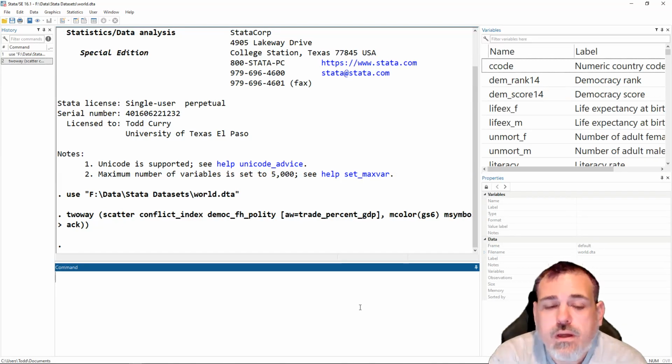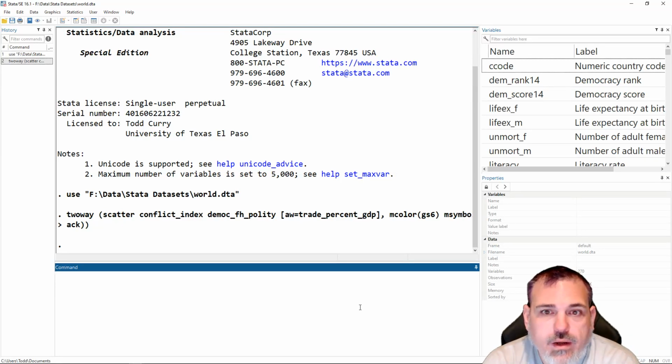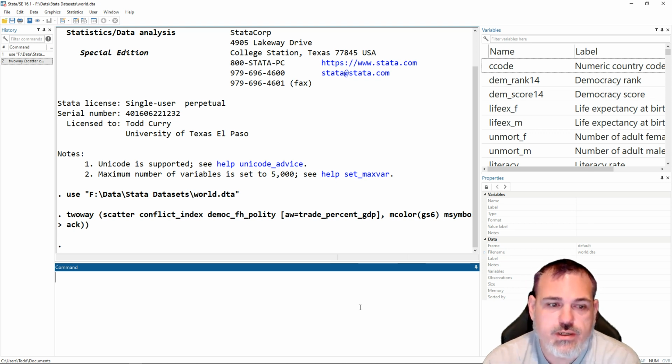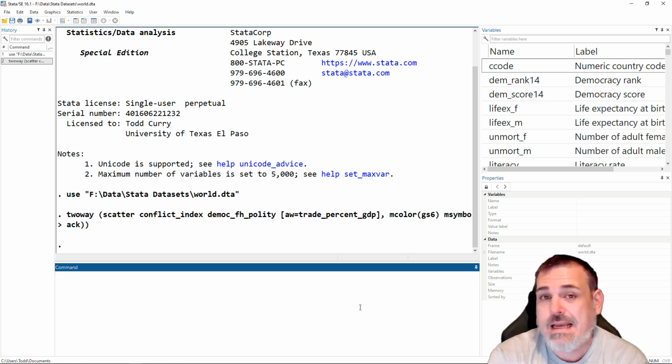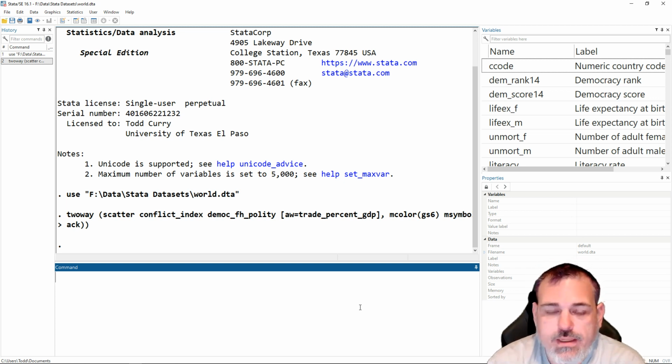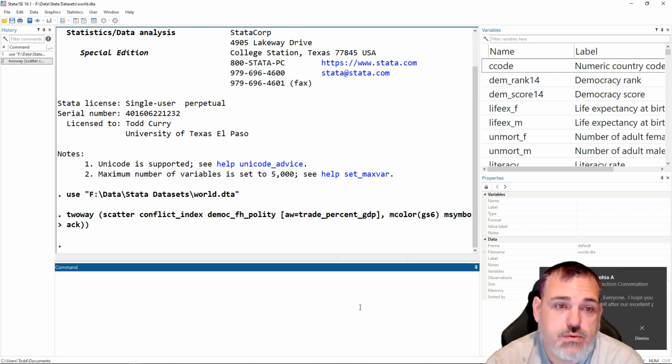Hi all. Today we're going to take a look at regression, which is exceedingly important for the purposes of this class because the regression that you're going to learn today and in next week's video is ultimately going to be what you do in your final paper. That's why I was so strenuous in making sure that